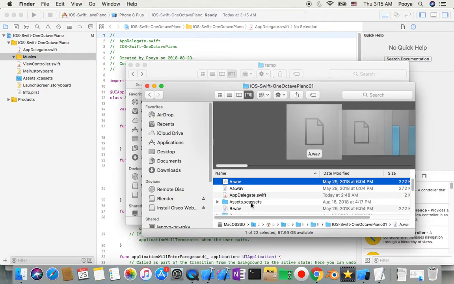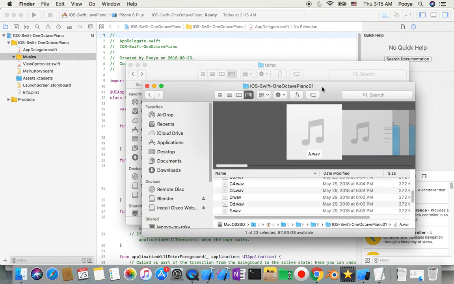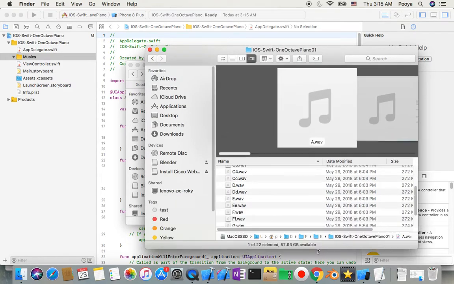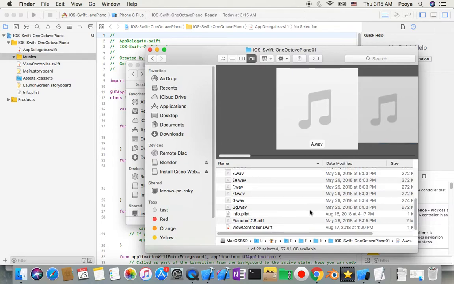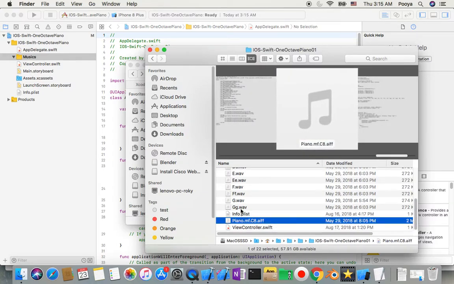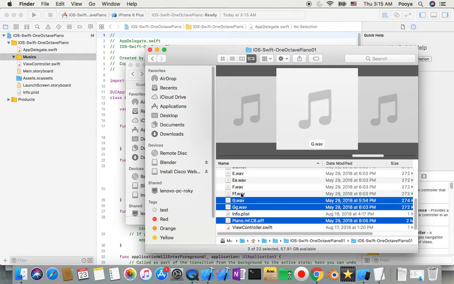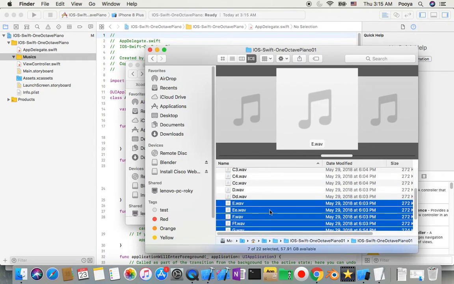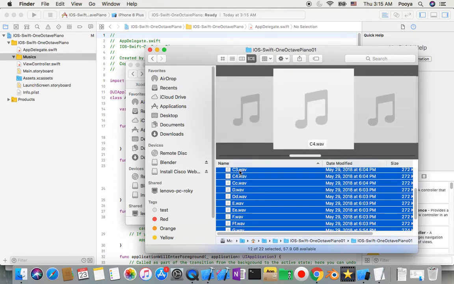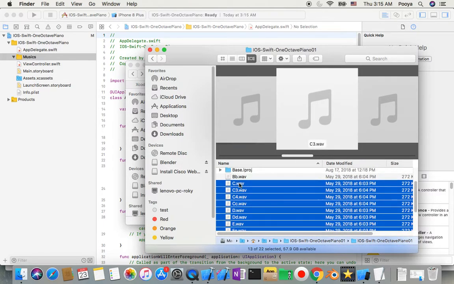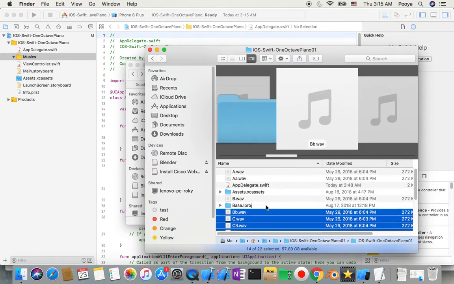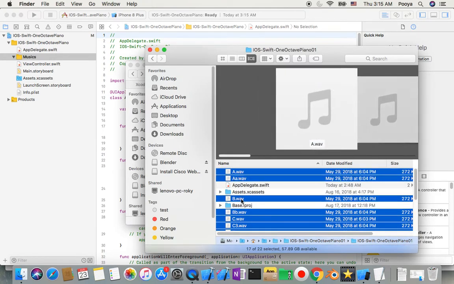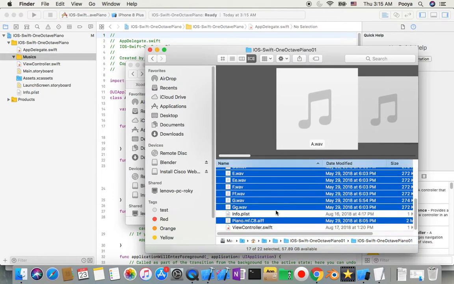Okay, and here I need to copy all of the wave files for the project. So I'll go and pick them up from my test project. I keep pushing Command and select all of these, and drag them